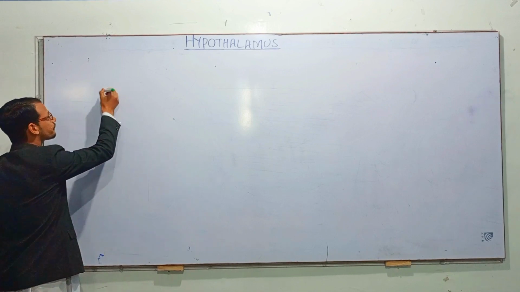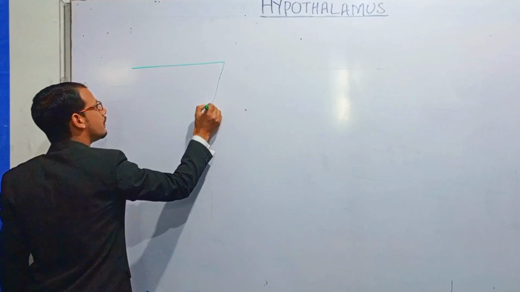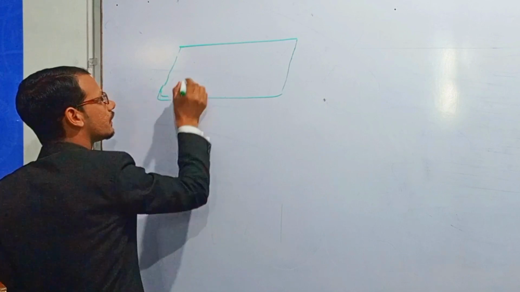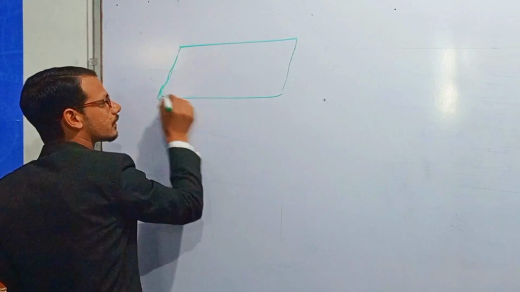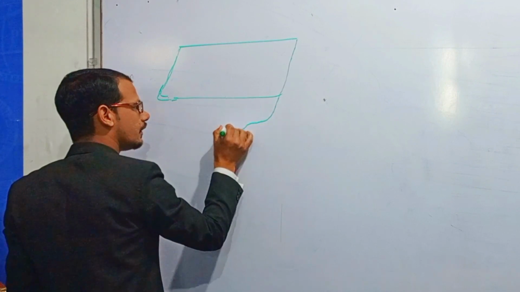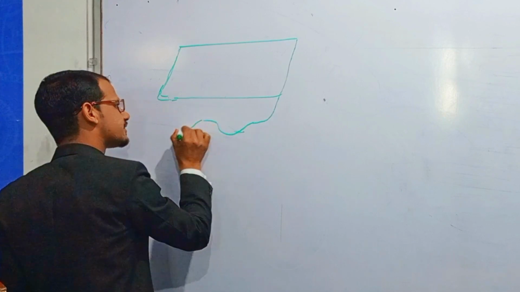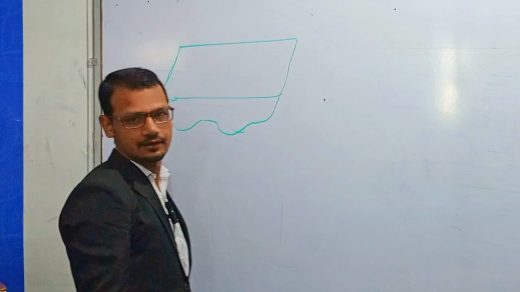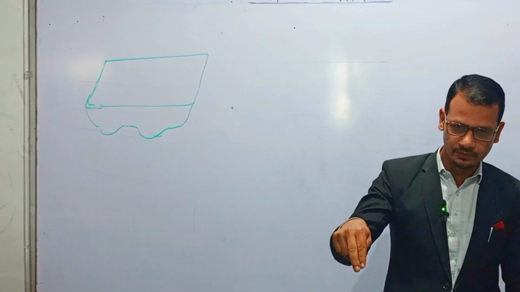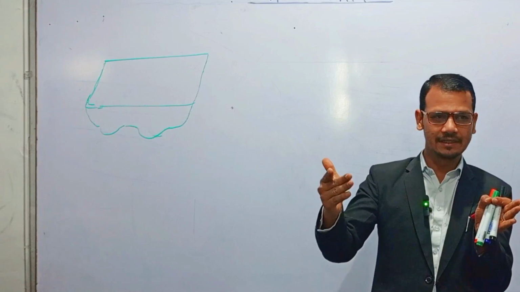Where is the hypothalamus present? It is present in the diencephalon, anteriorly and inferiorly to the thalamus, on each side of the third